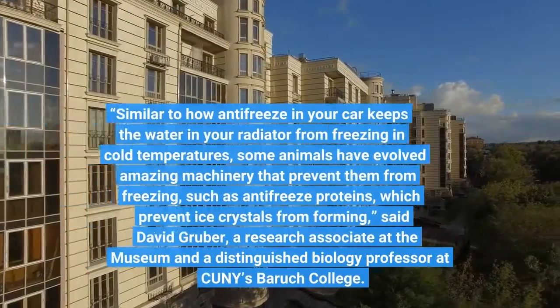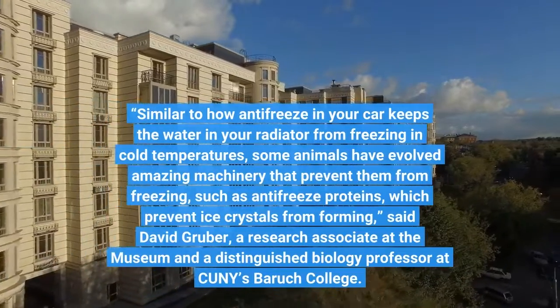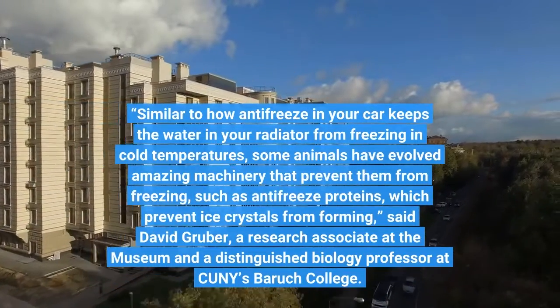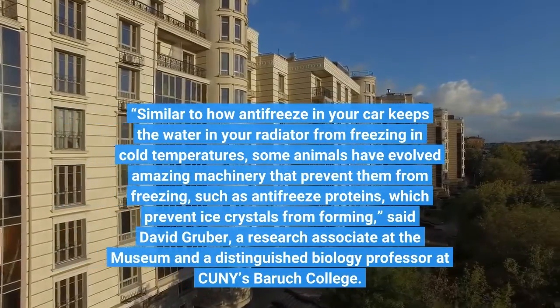Similar to how antifreeze in your car keeps the water in your radiator from freezing in cold temperatures, some animals have evolved amazing machinery that prevents them from freezing, such as antifreeze proteins, which prevent ice crystals from forming, said David Gruber, a research associate at